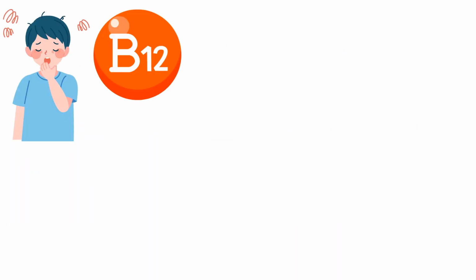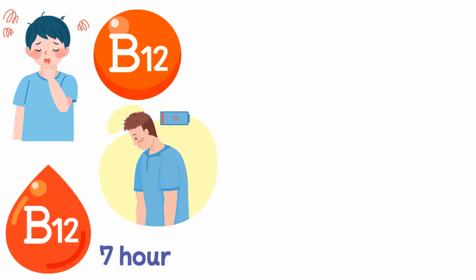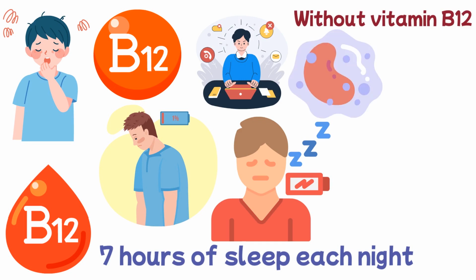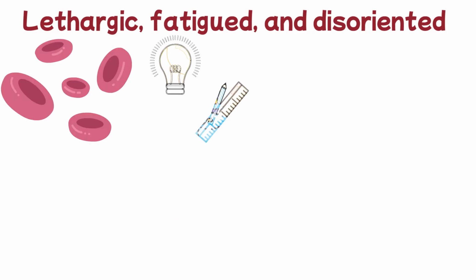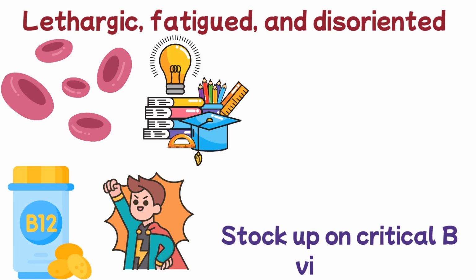You will experience fatigue if your body does not have enough vitamin B12, but this kind of fatigue is not typical. You should check your vitamin B12 levels if, after getting at least 7 hours of sleep each night, you still feel exhausted. Your ability to focus and think clearly may also be impacted. The reason for this is that without vitamin B12, your body's cells cannot function normally, which causes a decline in the creation of regular red blood cells and poor oxygen delivery. You'll feel lethargic, fatigued, and disoriented if your body doesn't have enough red blood cells to transport oxygen to tissues. Studies have shown that taking vitamin B12 pills can greatly increase your energy levels if you have a vitamin B12 deficiency. Therefore, you may want to stock up on critical B vitamins again if you have trouble getting out of